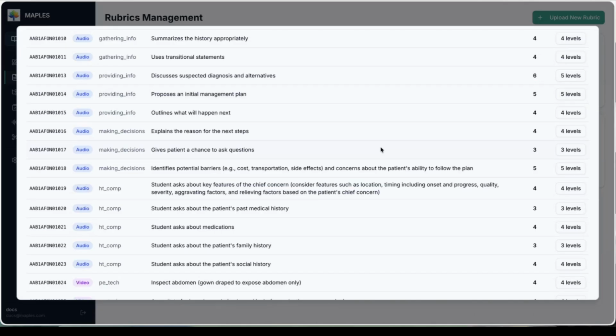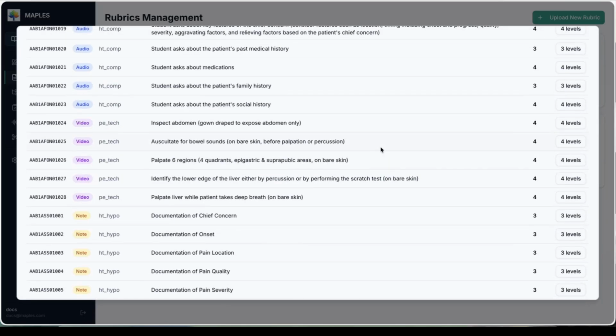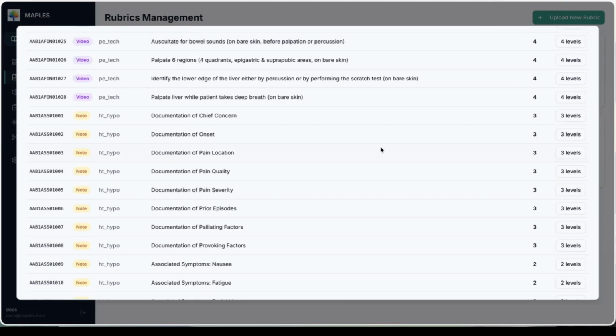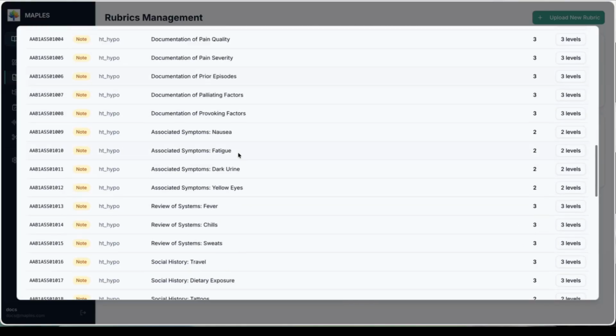You can also have items that are graded from video, for example, whether they're inspecting the abdomen, whether they're palpating all of the regions, and things like that. And then items that depend on the note. For example, are they documenting the onset of pain, location, or are they documenting pain quality and pain severity, and things